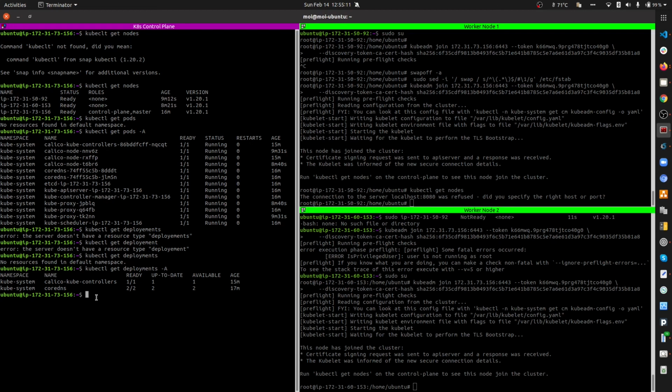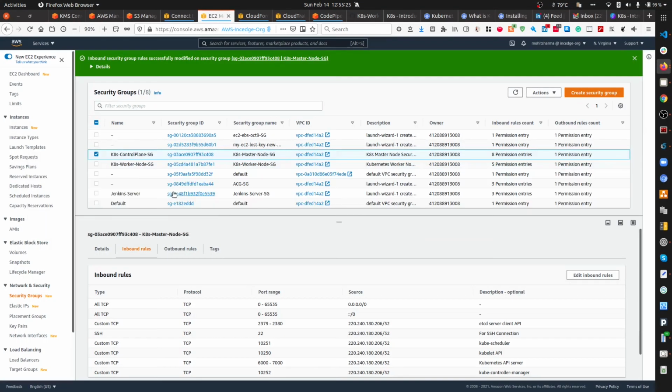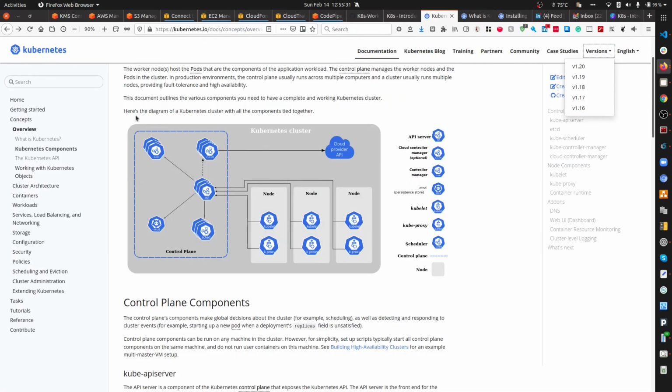So don't worry about these commands and how you should familiarize yourselves. What is a pod? What is a namespace? How can you create your own config files and deploy and build your applications? This demonstration in the video is just to illustrate how you can build a highly available Kubernetes cluster. So we built the control plane, we connected the worker nodes, and in our case we used